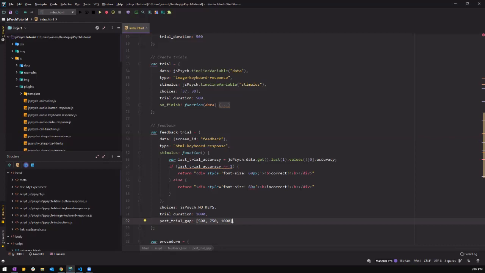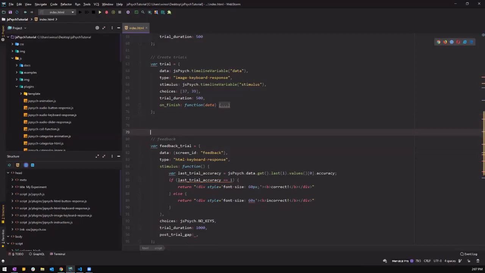What you have to do here is to remove this part, remove the array, create a variable called ITI duration, and put the array inside. So we're going to get the ITI from the variable that we just created by calling